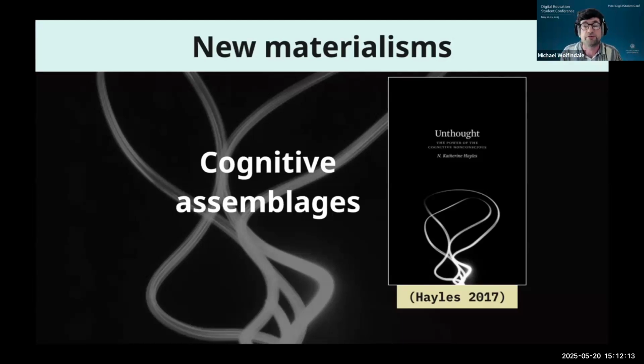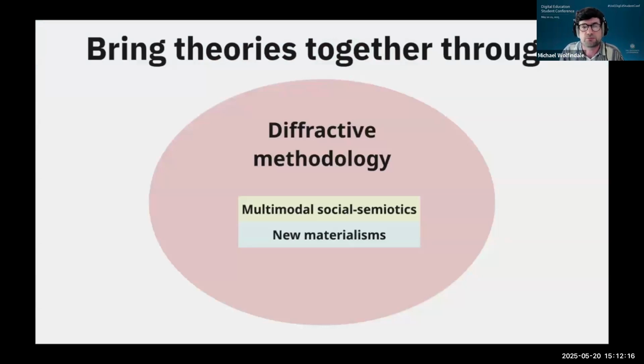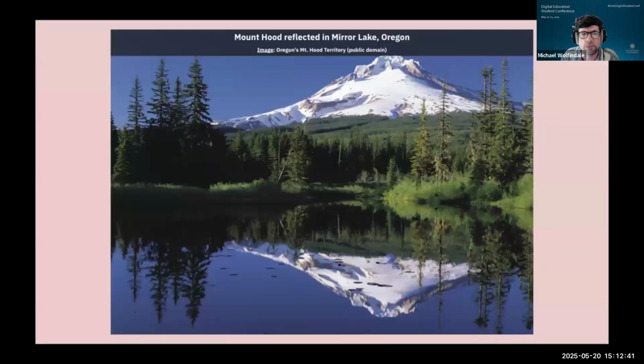So we've covered really briefly several theories, each broadly with potentially productive insights to work with, but not necessarily compatible, especially in the way multimodal semiotics is human-centered, while new materialist thought is not. However, this is where a diffractive methodology comes in to bring these theories together productively, searching for patterns of difference rather than similarities. So what is a diffractive methodology?